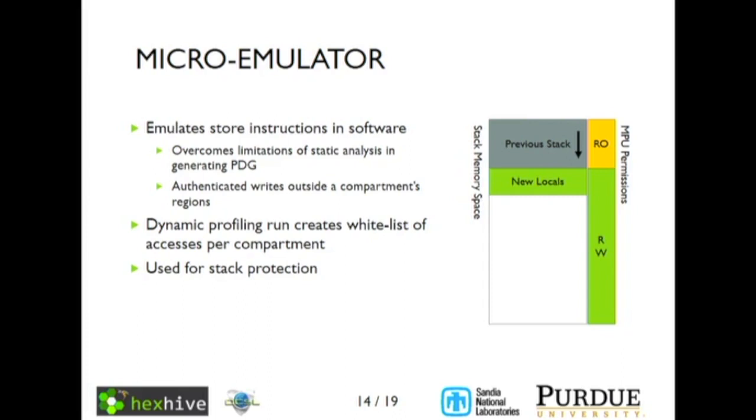So to the regular program executing, it looks like the write went through, but really what happened is we executed 100 instructions to emulate all of the effects of that write. So this needs to be used very sparingly for performance reasons, but it also allows us to capture these dependencies that would be missed, and also to overcome some of the limitations of the memory protection unit.